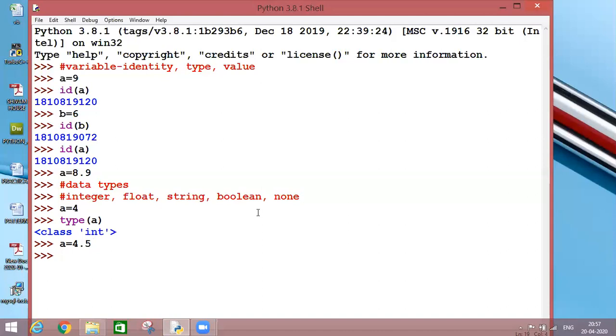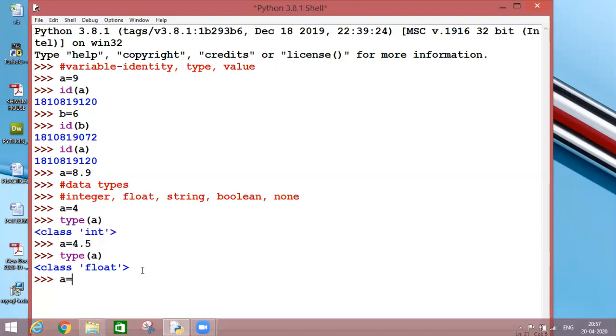Now I want the type of a. Another way is to press Alt plus P, it will take you back to the statement. Press enter. I'll get the result as class float, which is my second data type. This contains a number which has a decimal part.